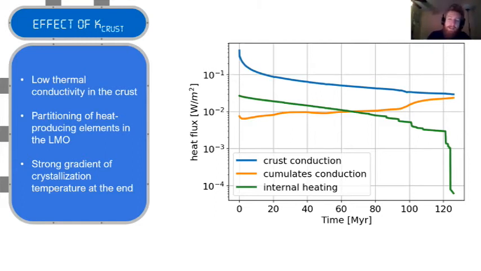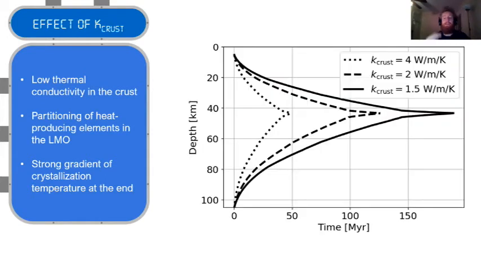So we led a small parameter study investigating various values of the thermal conductivity in the crust. And you see the results here in terms of the time series of the bottom of the magma ocean, the lower lines, and the bottom of the crust. So closure of the magma ocean corresponds to the intercept between those two curves. And you see that for the values which were previously considered, we reached crystallization in a bit less than 50 million years, which is a bit more than was previously thought,